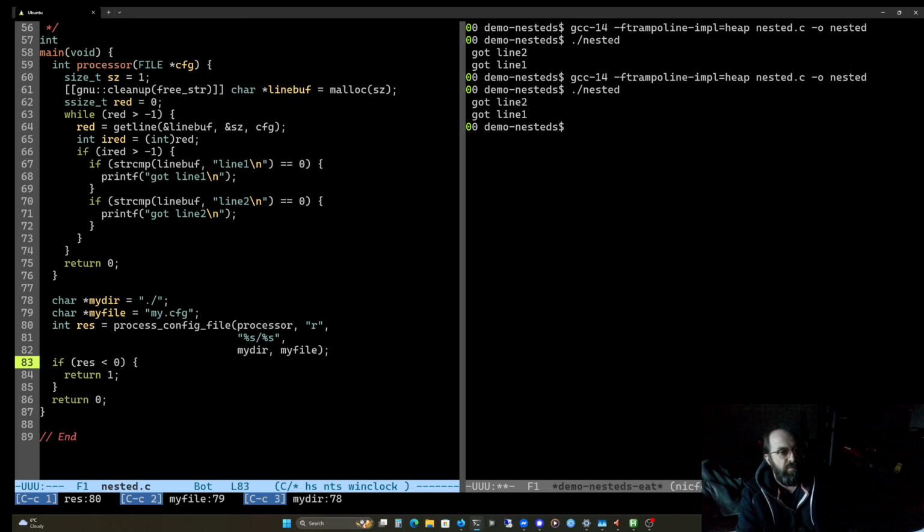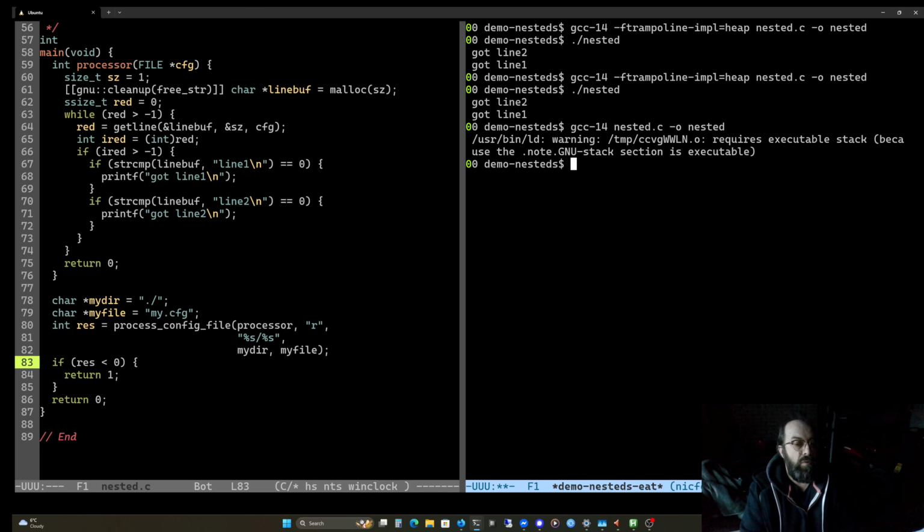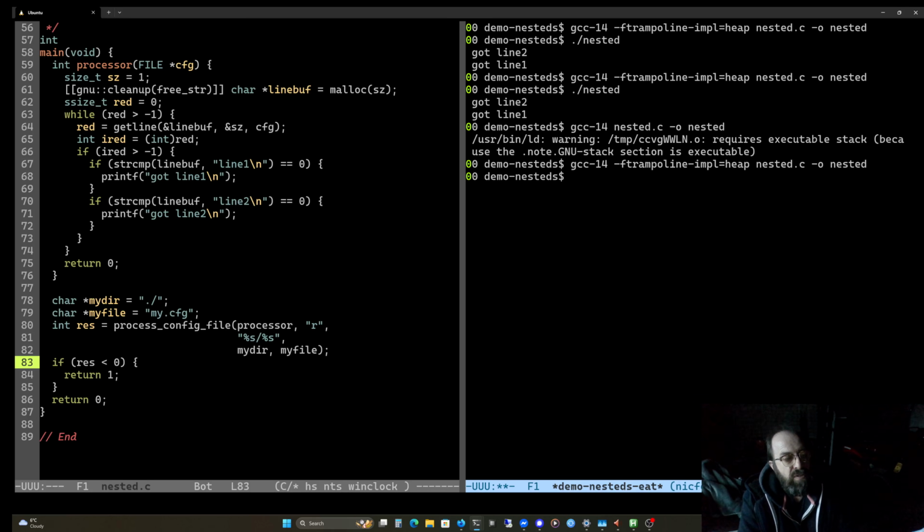I just wanted to do it completely from scratch because I thought it might be interesting with all of this trampoline stuff. By the way, I did want to show you that one last thing. What happens if we take this off? So what we get is this. It requires an executable stack. You can turn that on, but then you're making your stack executable, which means you can buffer overflow into the stack, and boom, you've got a whole bunch of security problems,